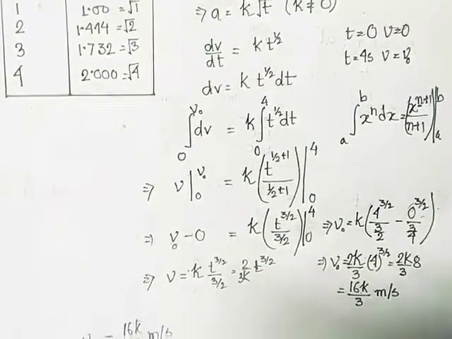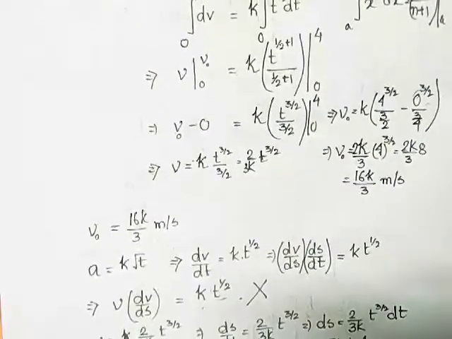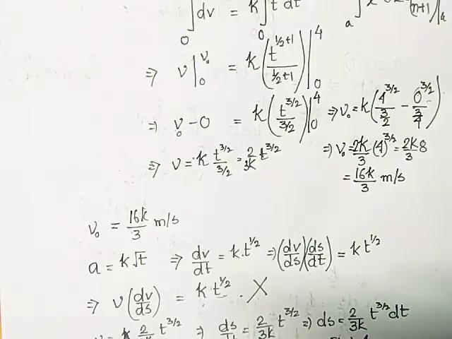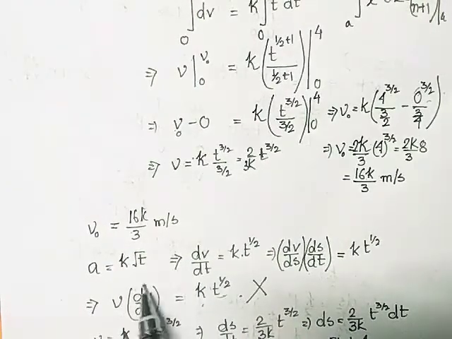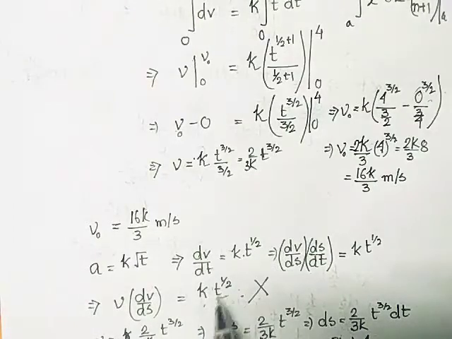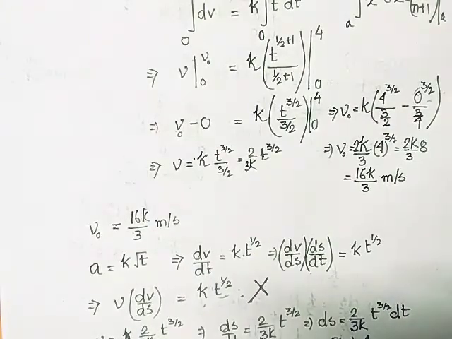After that we try to find out from the equation of acceleration that is given here, that is acceleration equal to k root t. But if we proceed through this process and integrate it, we get the values v and s, but there will be a time dependence term. But when a particle is at some distance after a time interval of 4 seconds, that should not be a function of time, that should be a constant. So we cannot proceed through this procedure.